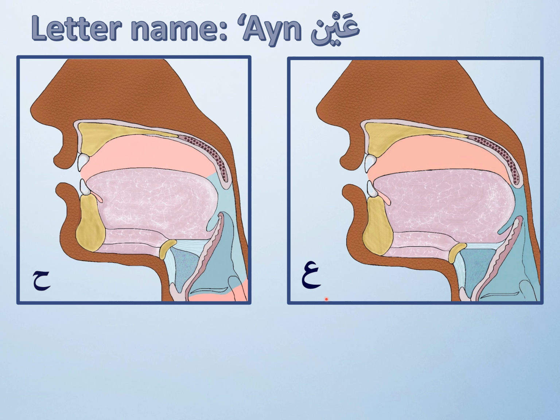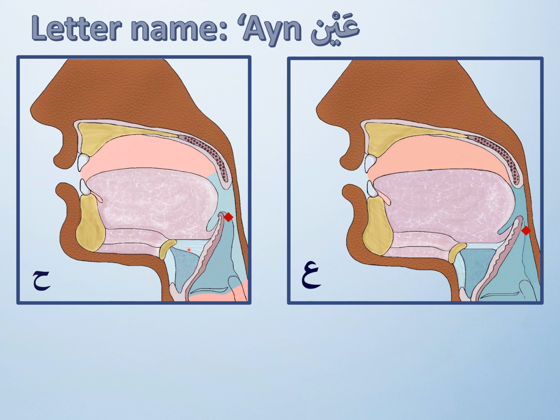So letter Ayn shares its makhraj with Ha, which we've covered previously, A, Ha. So they both have the same articulation point, therefore they have to be differentiated in their characteristics. So the letter Ha is slightly further up compared to the Ayn. So you can see here, Ha, A is slightly further down to the Ayn, but still sharing the same articulation point. And you can also see that the Ayn, the epiglottis is pushed back further compared to the Ha. So Ha, A,